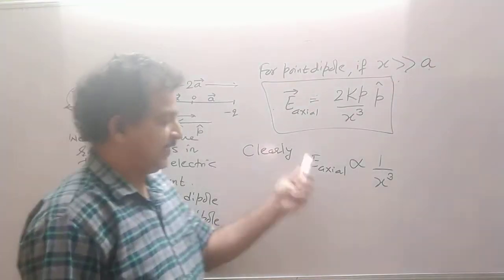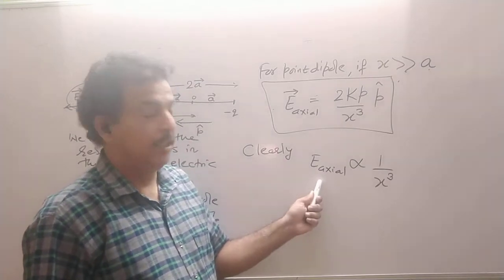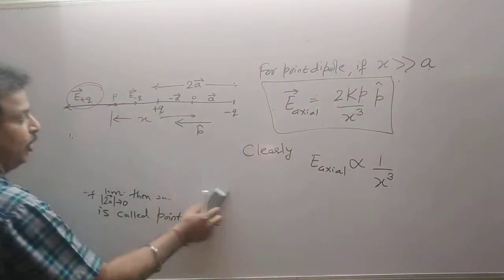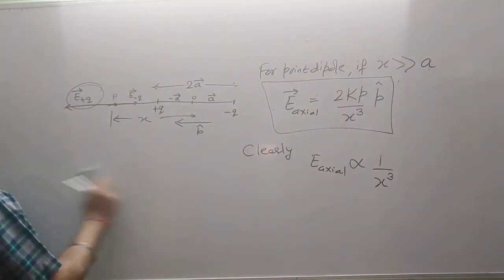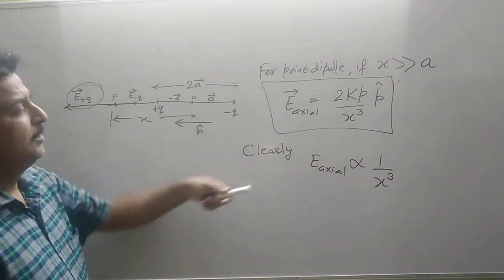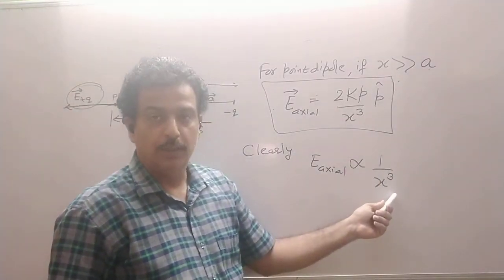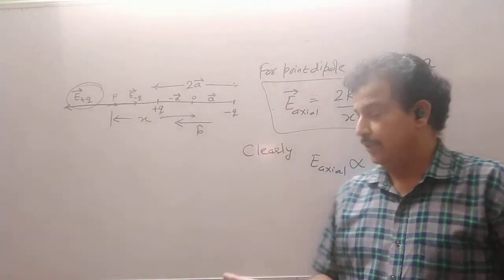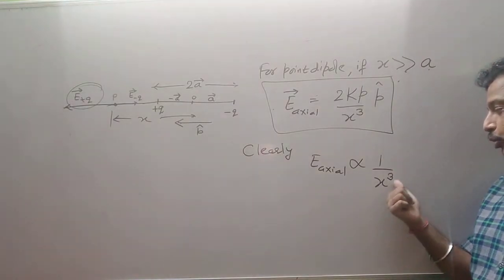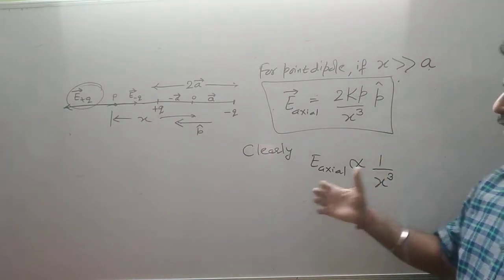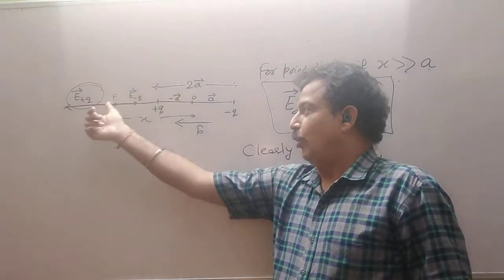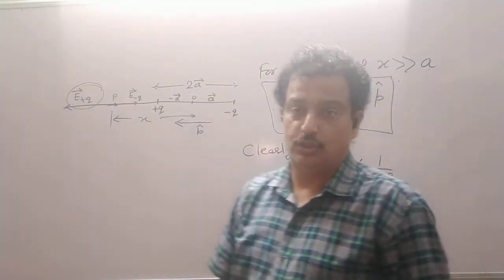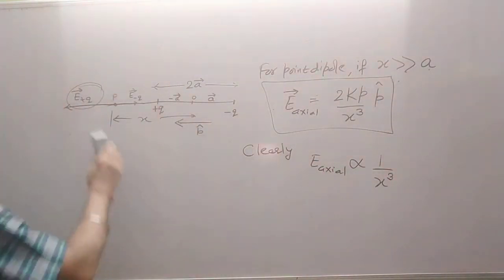So what we said earlier, the electric field intensity falls off very fast as compared to 1 upon r square. You may take this distance as r if you want, then in our expression it should be 1 upon r cube. As compared to a point charge, where E was inversely proportional to the square of the distance, here it is inversely proportional to the cube of the distance. I have taken the distance of a point P from the center as x. You may take the distance as r also, so that you can easily compare it with a point charge.